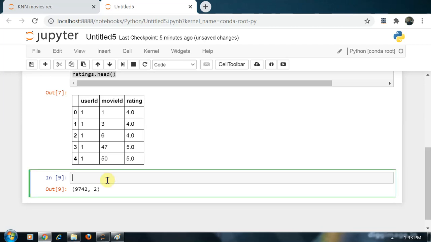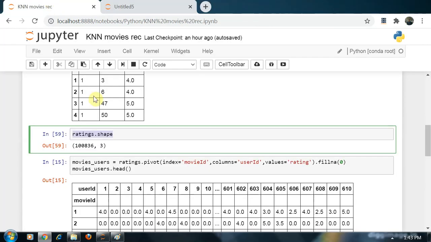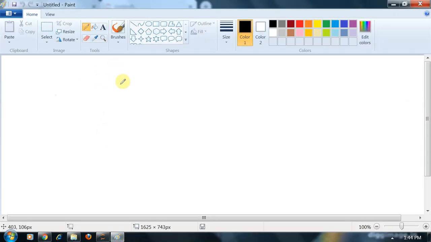Now I want to change this shape. I want to use the movie ID as the index of the rows, and I want the user ID as the columns, and I want the cells to be filled by ratings. Just look at our feature matrix.